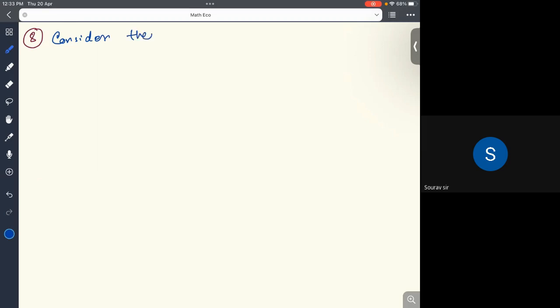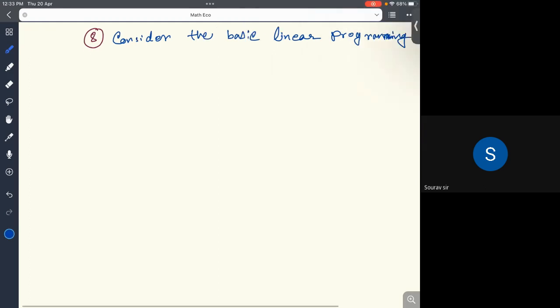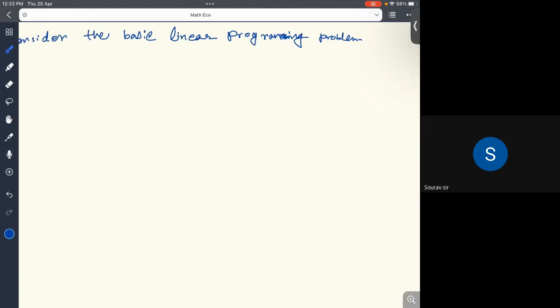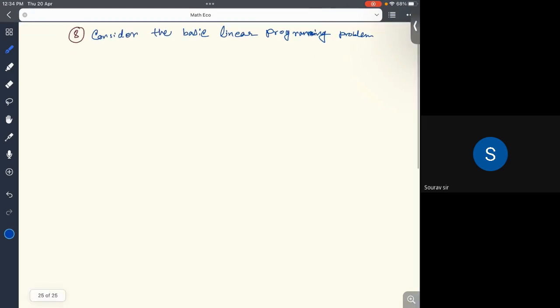Consider the basic linear programming problem, and it is given that y is equal to p1 q1 plus p2 q2 plus dot dot dot plus pn qn, subject to